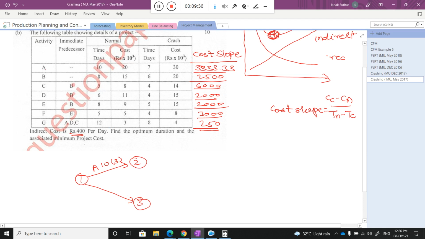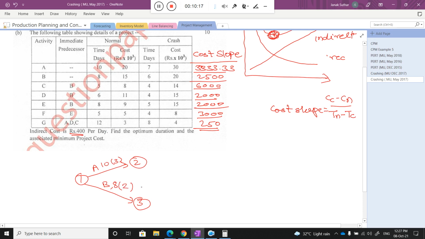The same thing for activity 1, 2, 3, which means this is the activity B. Actually, I start both activities A and B at an initial point. Just assume that, because both are independent. You can start at any point of time, so I just started at point 1. Now A is completed. When I talk about B, what is the time duration, class? 8 days. Very good. Here is some issue.